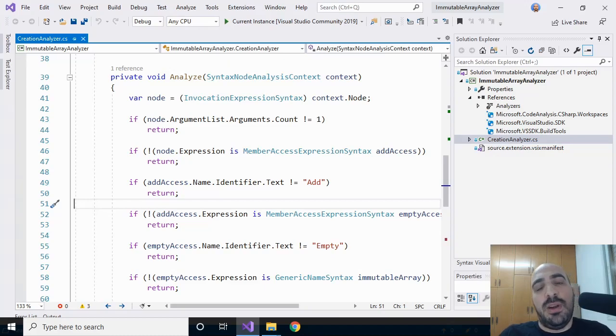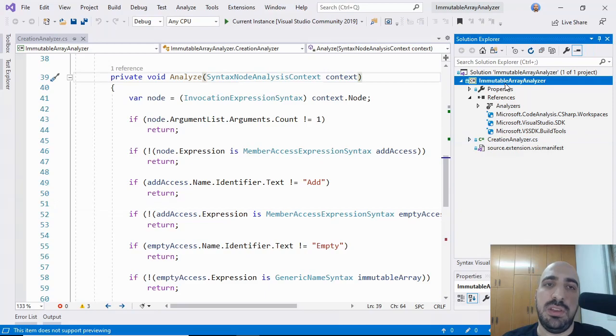Hello, in this video I'm going to show you how to write automated tests for Roslyn analyzers. I'm going to write automated tests for the analyzer I wrote in the previous video to show examples. Okay, let's get started. So in the previous video I ended up with this immutable array analyzer project, which is